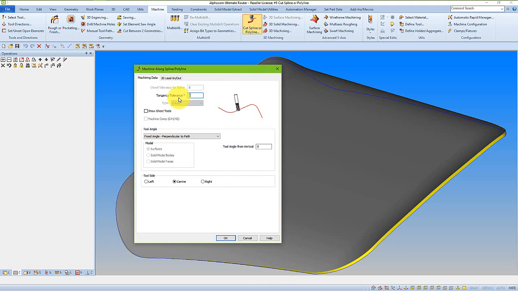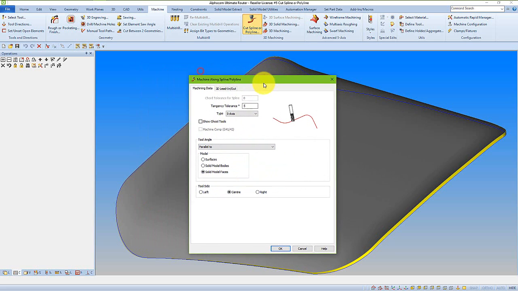So we've now introduced a tangency tolerance. This is now, when approaching sharp corners, it defines the quality of how well it goes around these corners. So 5 is a default value that on the previous version of Alphacam was the setting of how it created the toolpath. If you find that doesn't quite give you the quality of toolpath that you want, you can adjust this value. So I'm going to be parallel to solid model faces, and